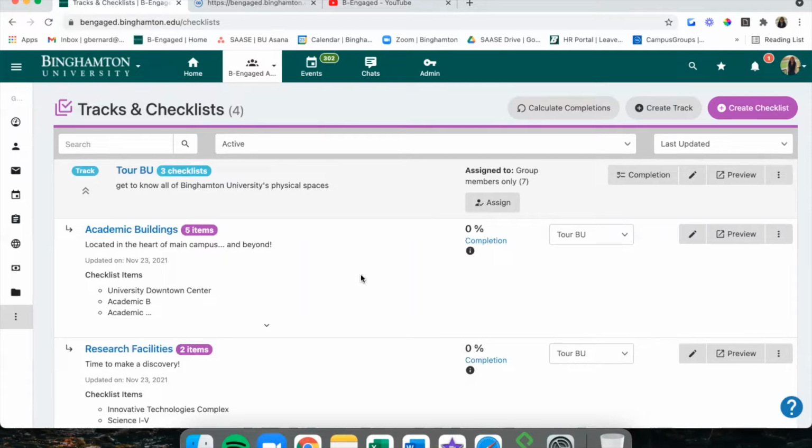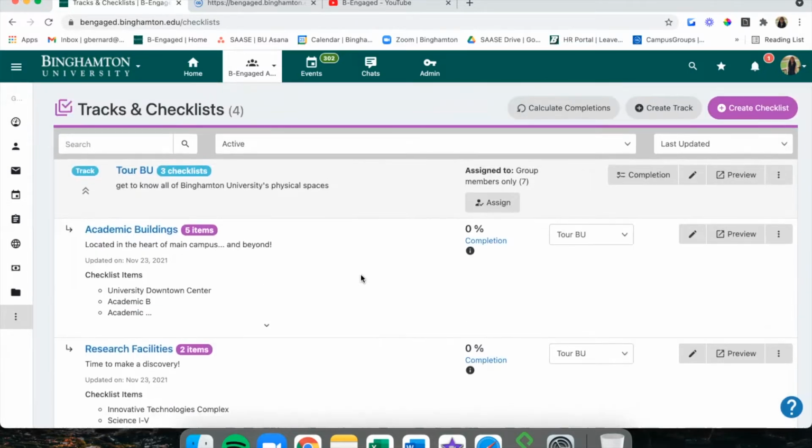But it's definitely a worthwhile feature to use and to invest the time in if you have a series of requirements for your members, or maybe you're a member of a staff and you have a series of steps that you want student staff to take before they're officially onboarded, or maybe you just have a fun checklist you want to make sure that your other members get to enjoy.